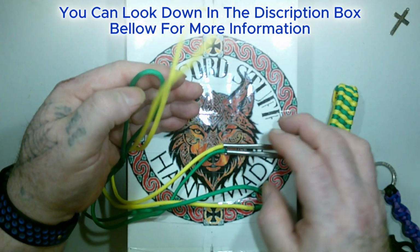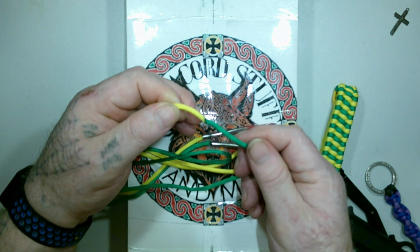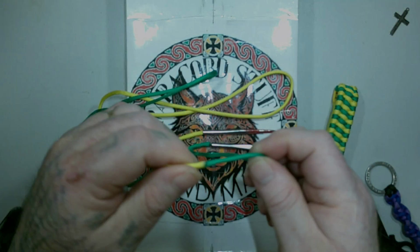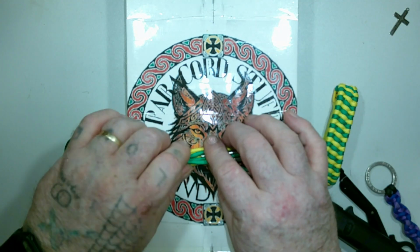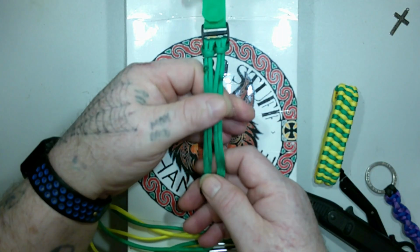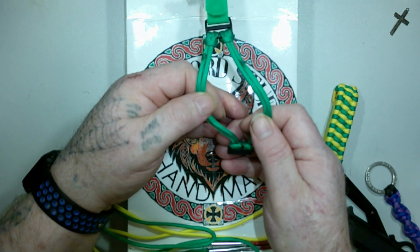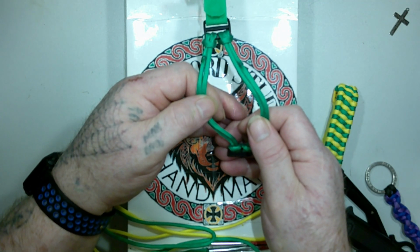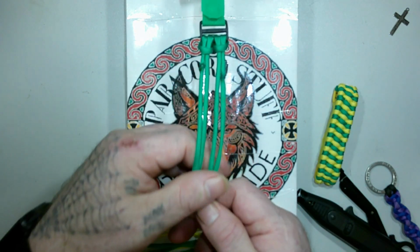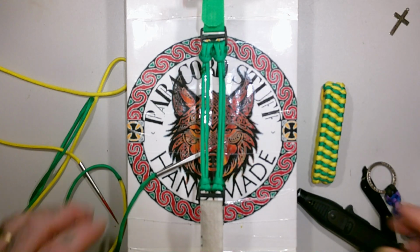The colors we're using are green and yellow. They're both 36 inches long or 91.44 centimeters. Melt together. We're using a 4-strand cord, which consists of 2 strands of 14 inches or 35.56 centimeters, both melded together and connected to form a cord. It's an easy setup,